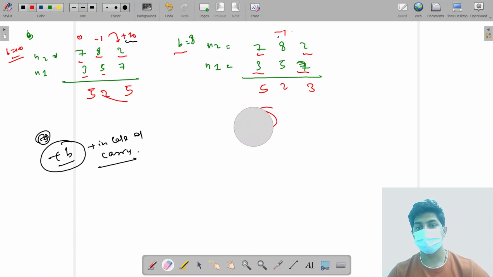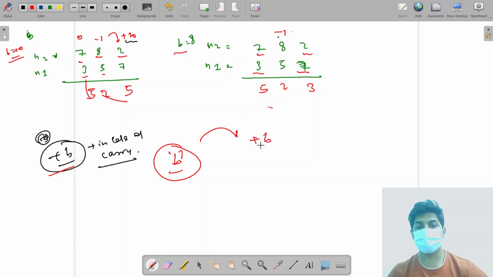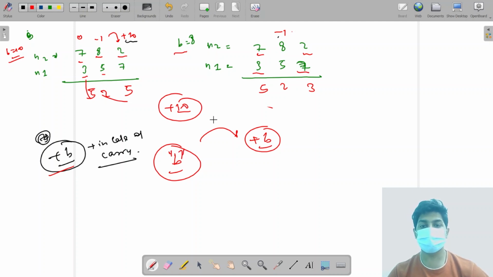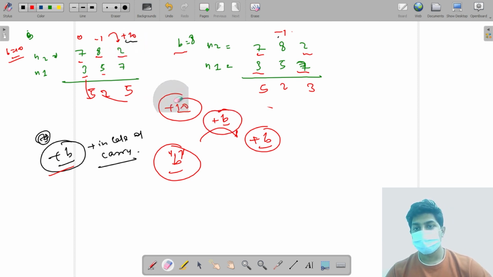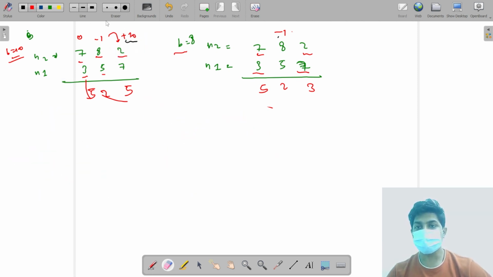So we figured out that the process of subtraction is almost the same as decimal. What we have to do is that in case of carry, if we are in base b, we add plus b to the next element. In decimal we were adding plus 10, and if any random base is given to us, we add plus b to the element. So the subtraction part is clear. Now, to build our answer, we can make a variable answer equal to 0.